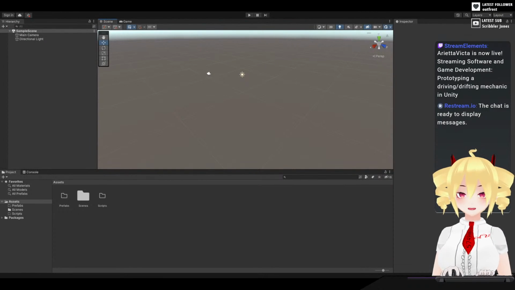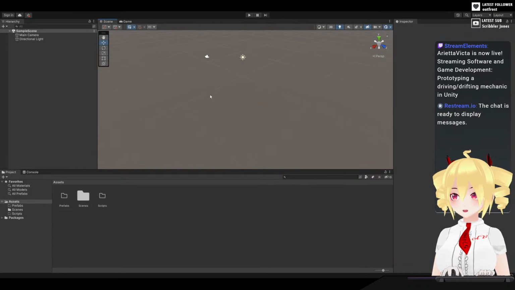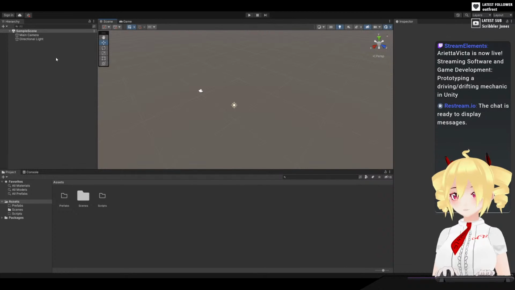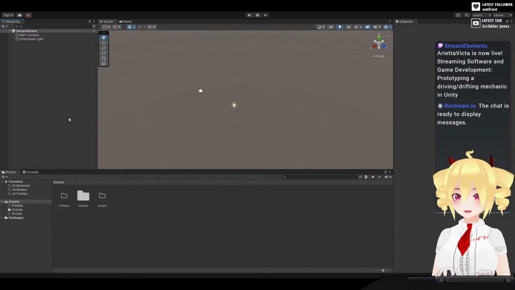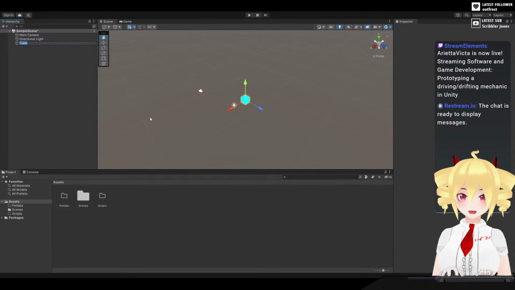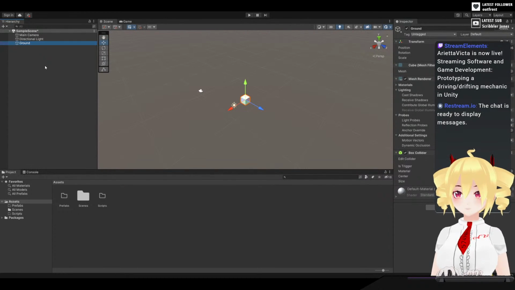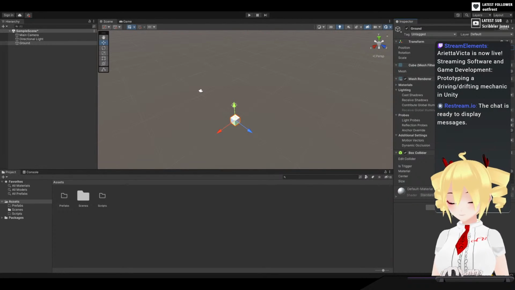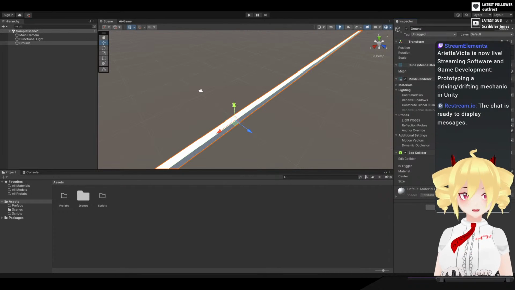My inspiration here is I was watching a little bit of clips from Girls und Panzer, and tank drifting's pretty cool, right? So, let's see what we can make in like an hour or two from scratch, which is probably a pretty terrible idea, honestly, because I'm probably not super good at starting from scratch. But anyways, we'll start off by making some